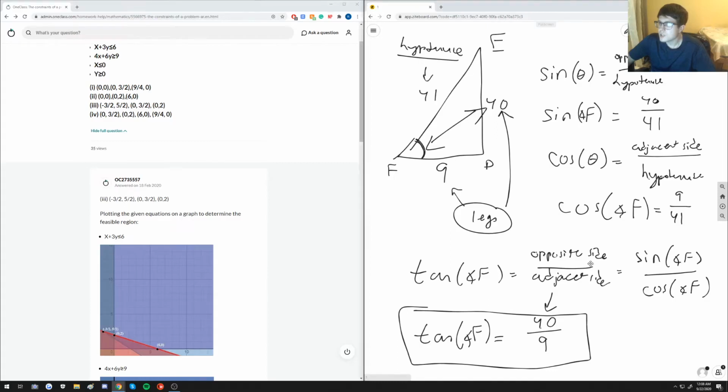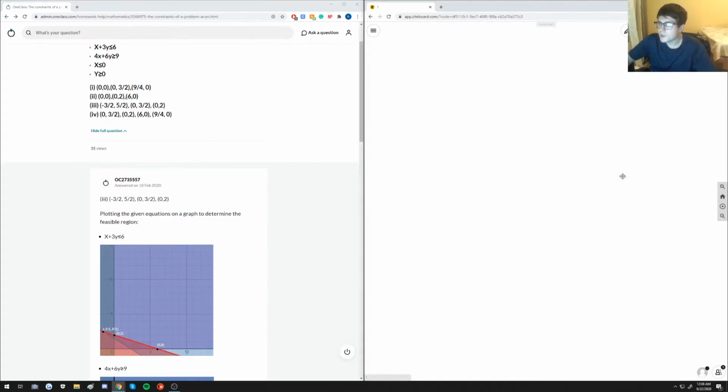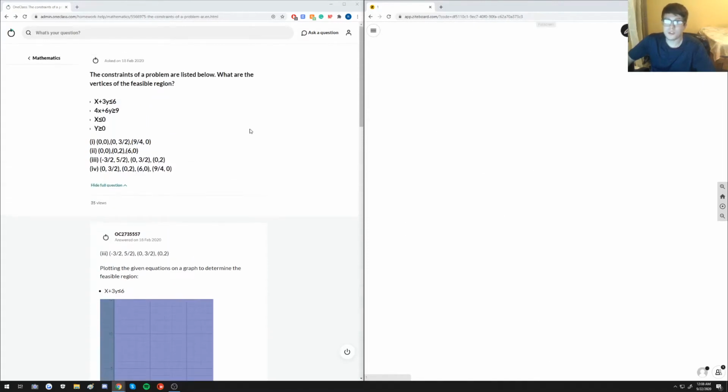So let's clean all of this up from the last question and move on to the next one. The constraints of a problem are listed below. What are the vertices of the feasible region? So we're going to draw our coordinate plane first of all, and we're going to go through this problem step